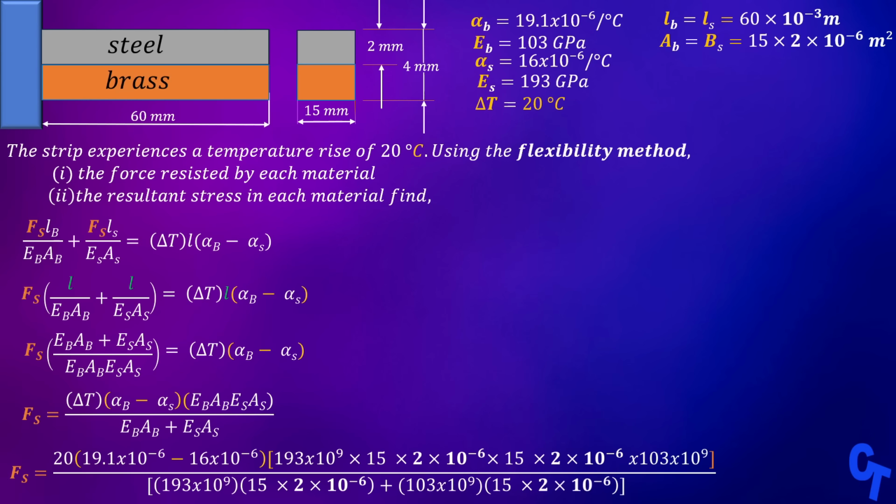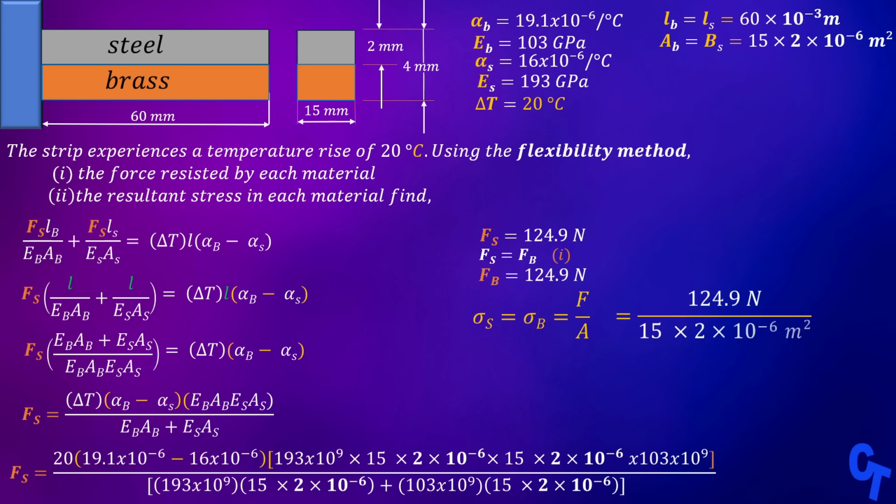If you do that, you should get 124.9 newtons. But Fs equals Fb, so that means we have also calculated Fb. Now let's find the resultant stress in each material. Stress equals force over area. The two bars have the same area and same force, so they will have the same stress. Now, let's plug in our values, and if we do that, we get